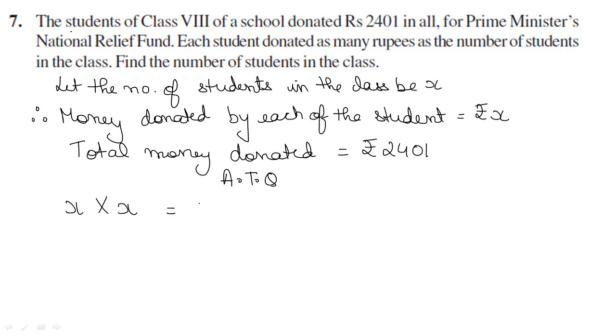Now x into x will become x square. Please do not write 2x. x into x is x square. So x square is equal to